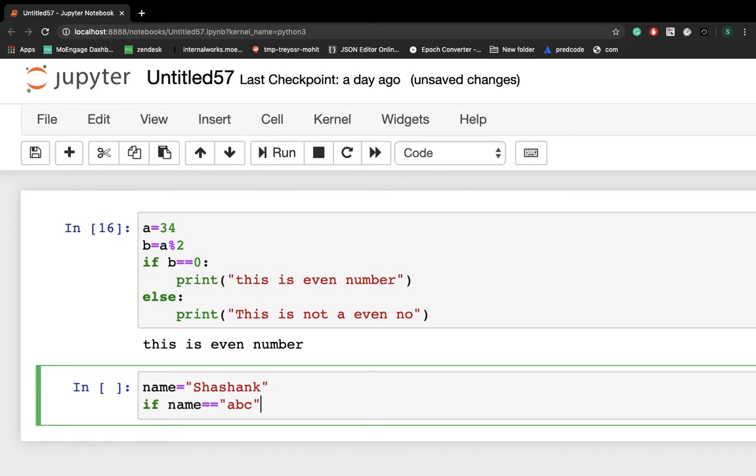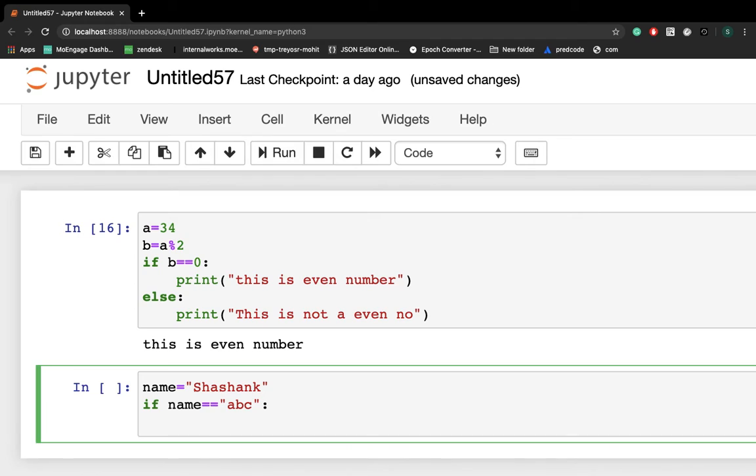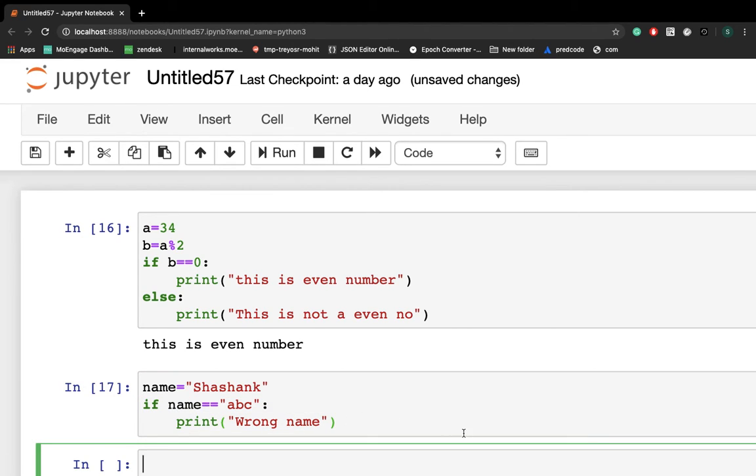You have to write a colon. Now I'm writing print, wrong name.